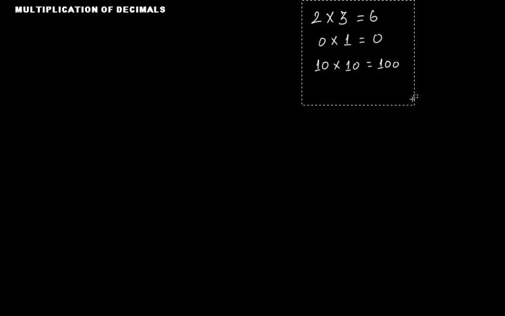Suppose we have to multiply 2 times 3. Then you'll say that that's very simple. 2 times 3 is actually 6. And if we have to multiply 0 times 1, it will be actually 0. And 10 times 10, you will say that that's actually 100. That's really very simple. But what if you are given multiplication of